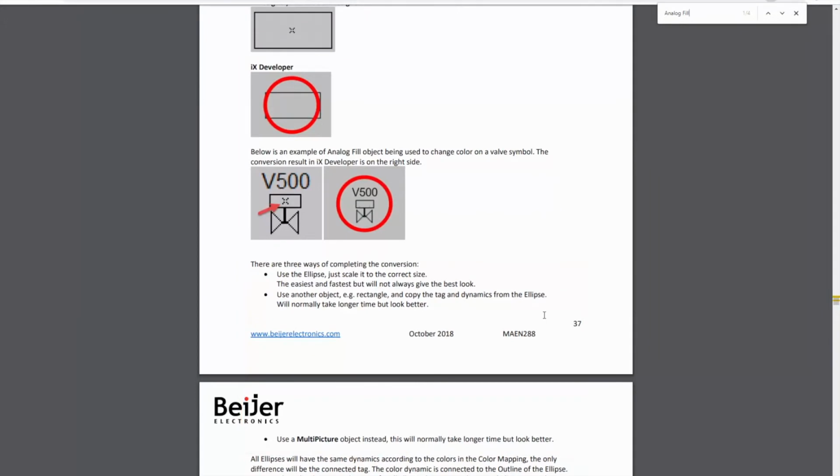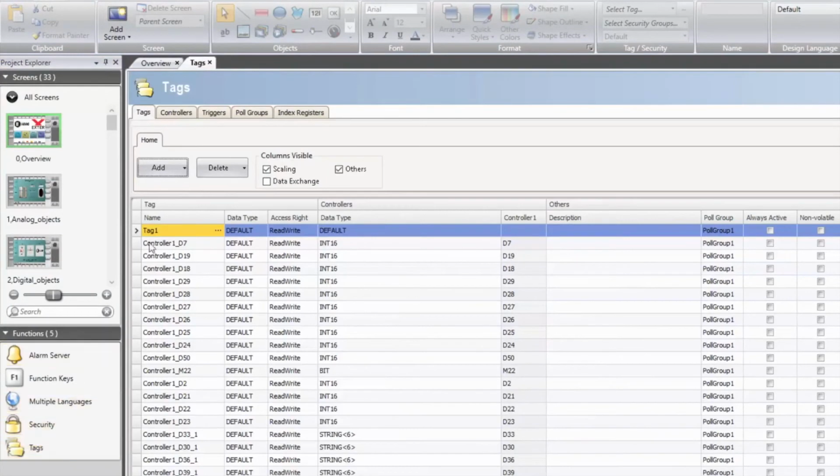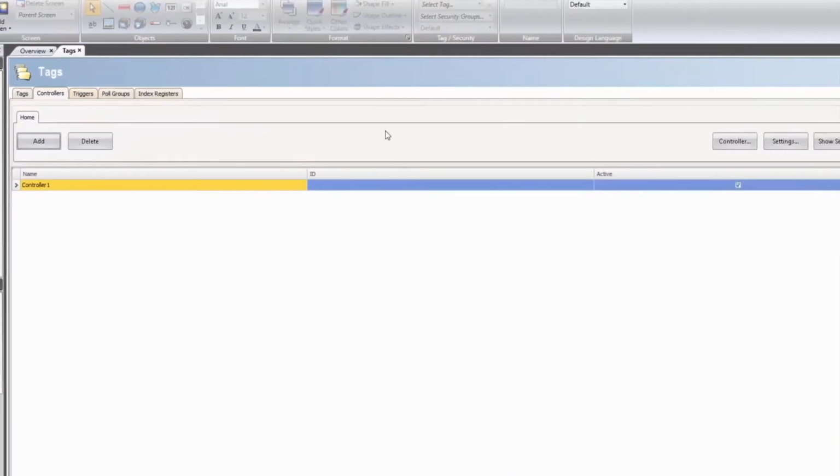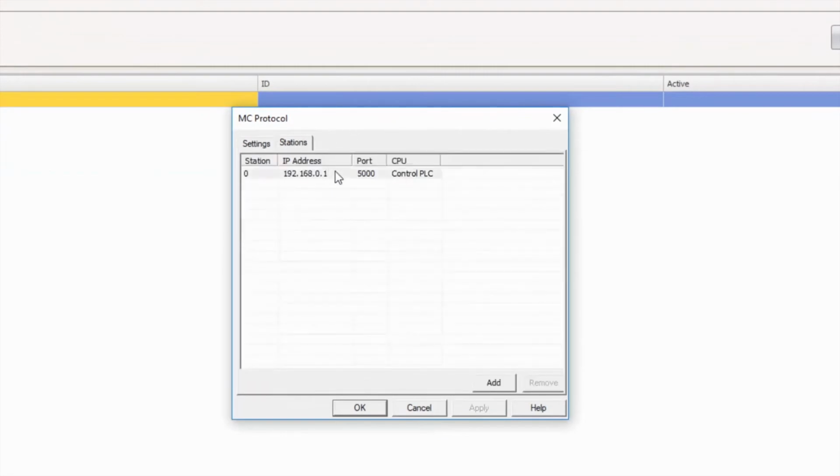We will now correct a few of the warnings that were identified in the log file. We will start with configuring the controller. Click on the Tags icon in the Project Explorer. Open the Controllers tab and click on Settings. In the Stations tab, it's possible to define the IP address that the driver should connect to. In this example,